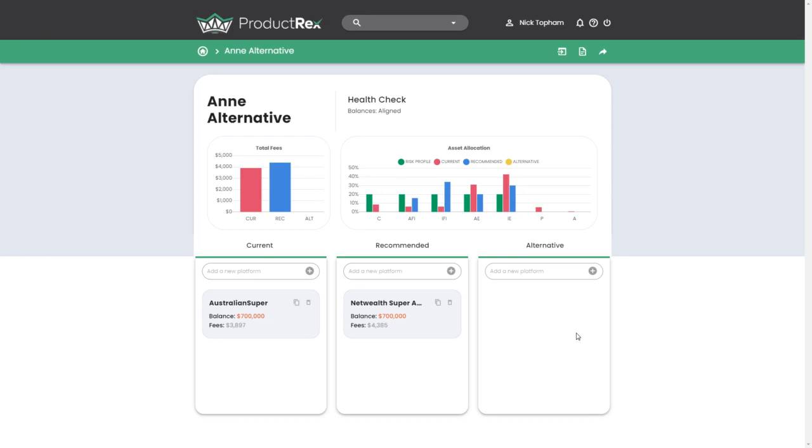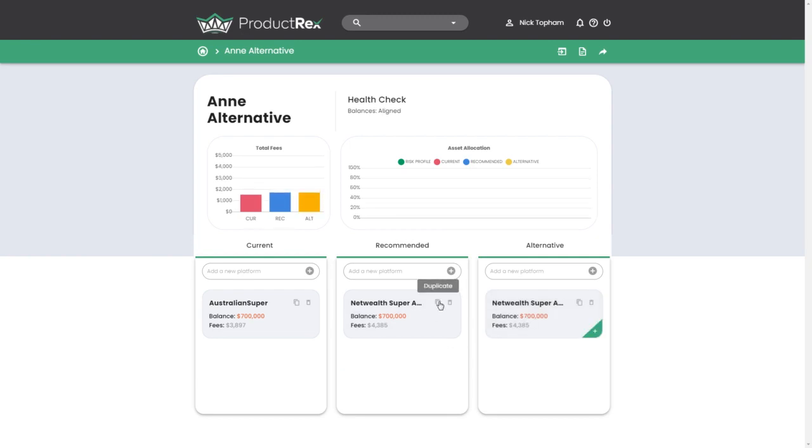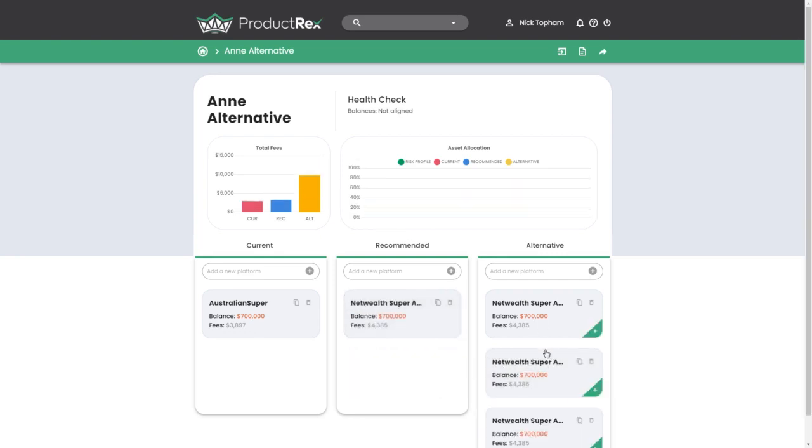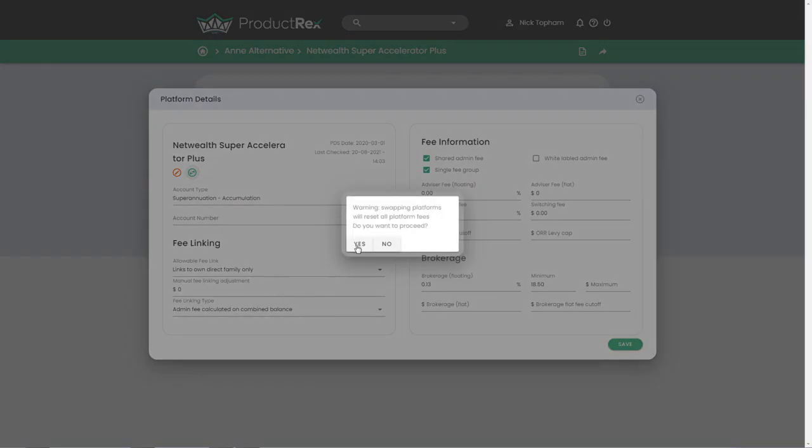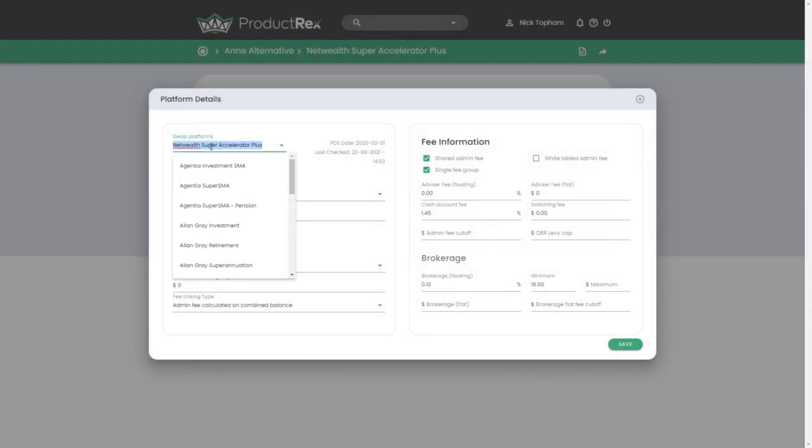But what we're going to do is recommend some alternatives. So we're going to do it the easiest way, which is by duplicating and changing the name of our recommended product. So we're not worrying too much about the actual investment recommendations today. We're just going to play around with the platforms. So you can see here, I've duplicated and moved this recommended platform across, and we're just going to quickly swap the platforms out to get some alternatives. So I'm just going to choose, here